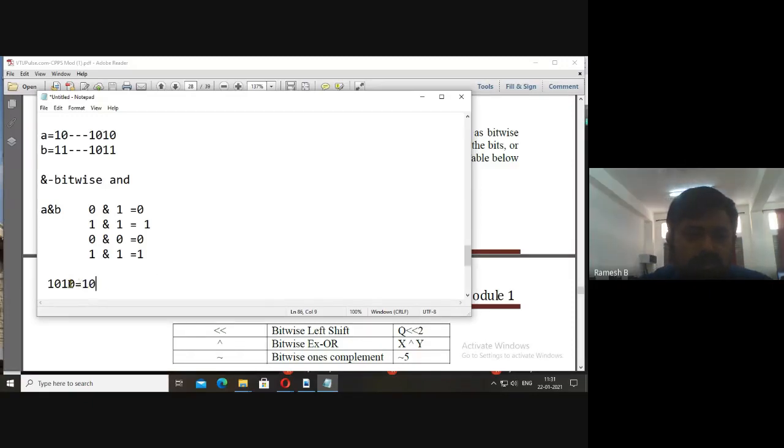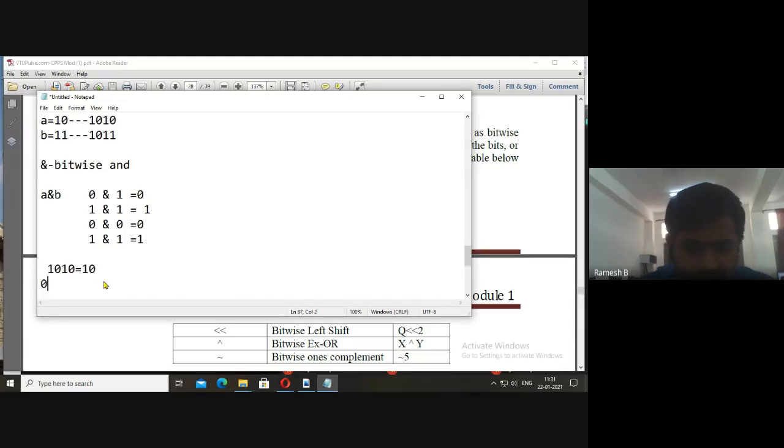Okay, the last bit, or the least significant bit, is 0. 0 must be multiplied with 1, plus the next bit, the second bit, is 1. So 1 must be multiplied with 2, plus again 0, which must be multiplied with 4, plus the most significant bit, 1, which must be multiplied with 8.